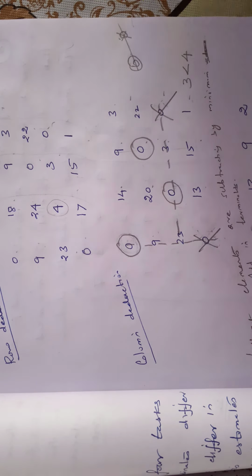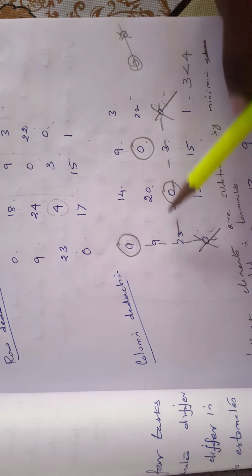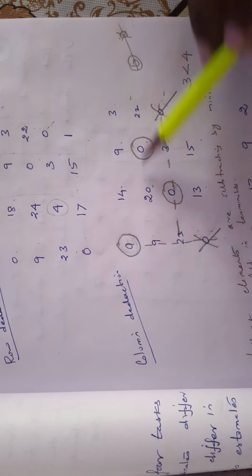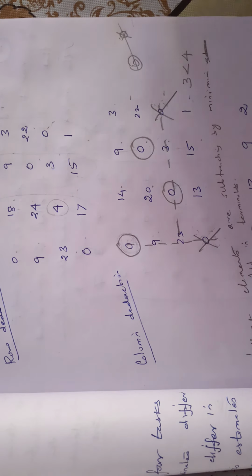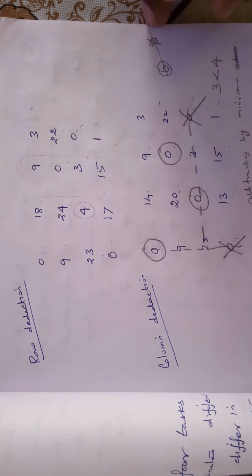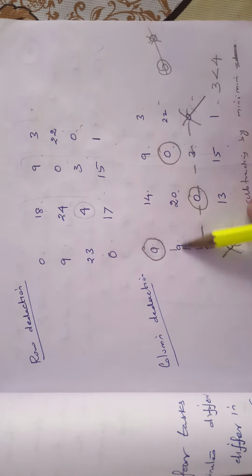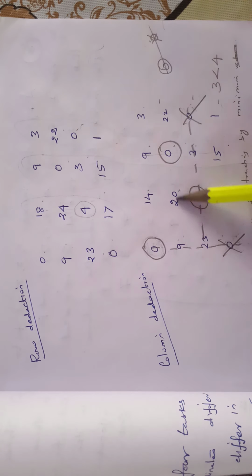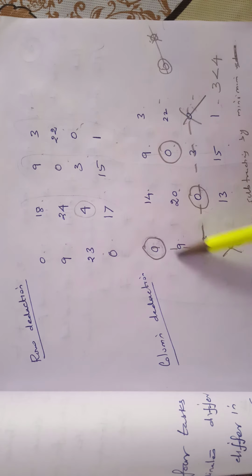Finally only one 0 is there. So this can be taken in either row wise or column wise. Strike the lines either row or column. Suppose the only one 0 is left out in the table, we have to cross out the line through row or column. Suppose we have to draw the line through row, only one terminal.